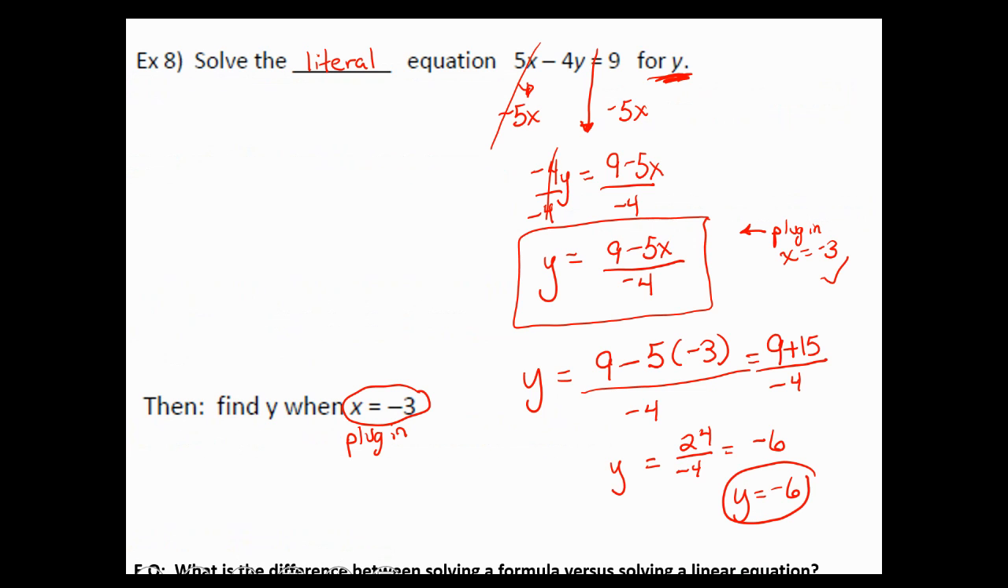There we go. So what's the difference between solving a formula versus an equation? So what is the answer to that question for your summary? So you're going to need to write your summary because I'm going to be collecting your notes as well. So what's the difference between that? So when we solve for a formula,